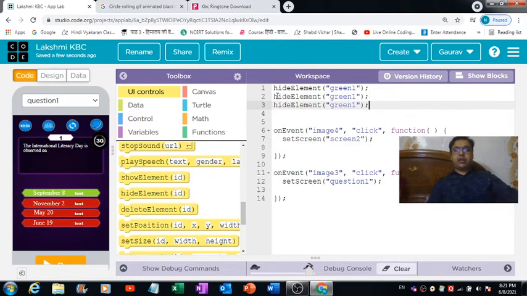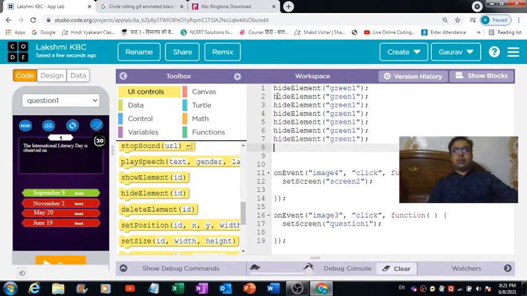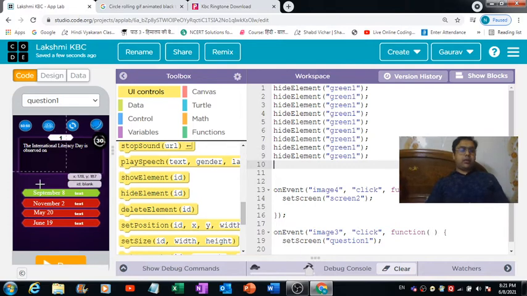Copying it, pasting it for some number of times. Right, now the idea of this component is red 2, then red 3, then red 4. So red 2, then we have red 3, and then we have a red 4. Fine, and after that what else do we have? It is option 1, okay, option 2, option 3. Just a second, I think I am missing something over here.